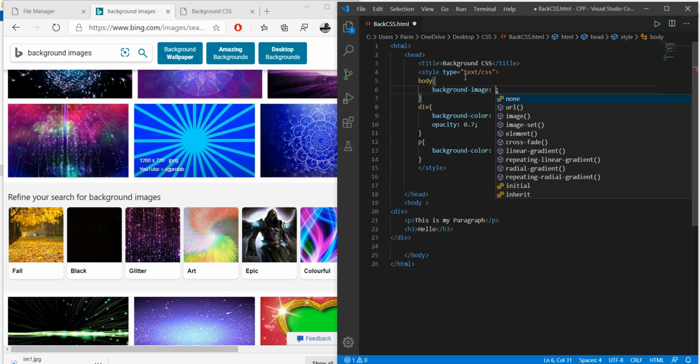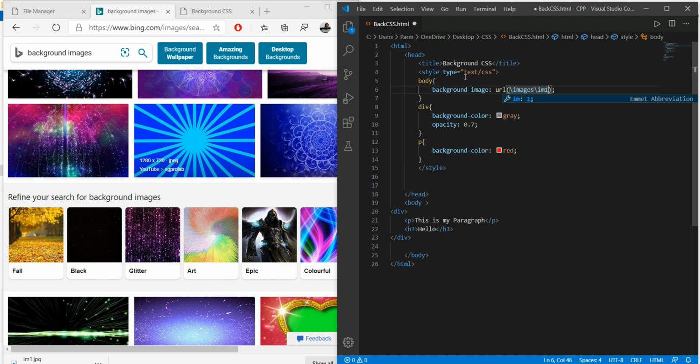Here we have to specify the URL. The URL to this image is /images, and saved with the name of im, and the extension is .jpg. Here we can see the extension jpg.